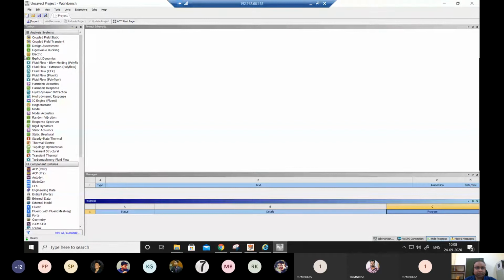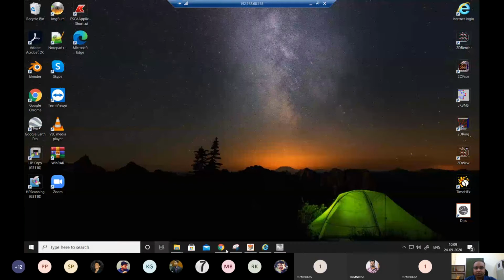So the interface you're seeing right now, it's called a workbench of ANSYS. So ANSYS is another software that we will be discussing today. Some capabilities, it has very wide capabilities as compared to rock science or slope or slide that we were working on. So I'll just introduce that, and let me first bring